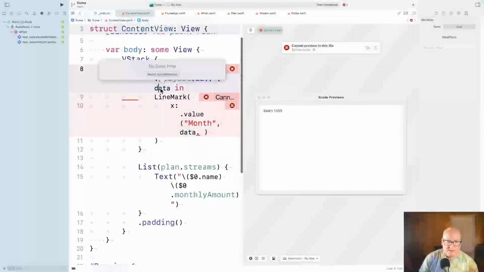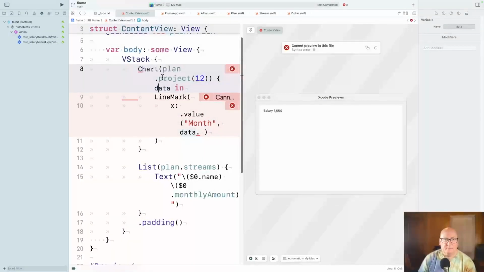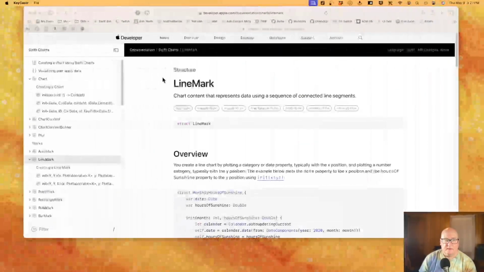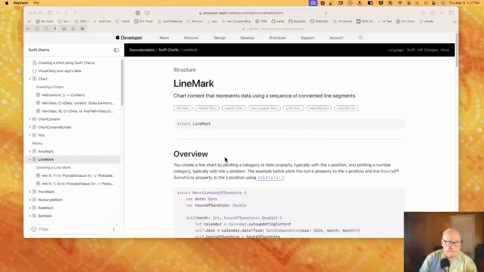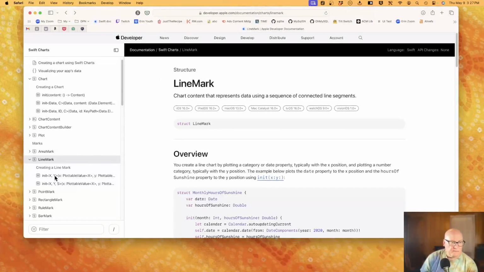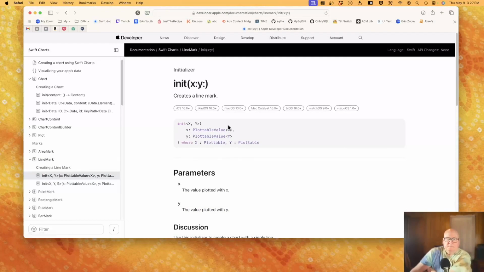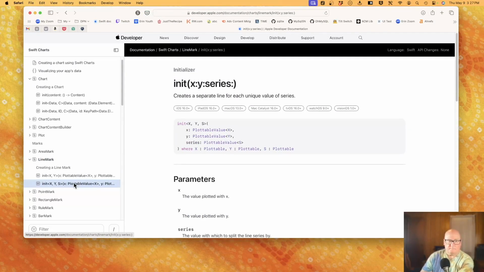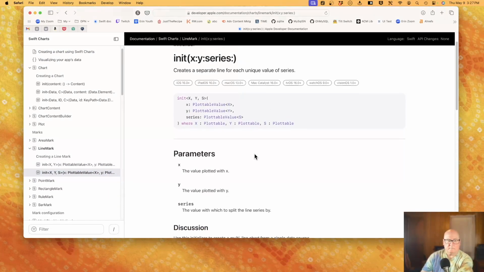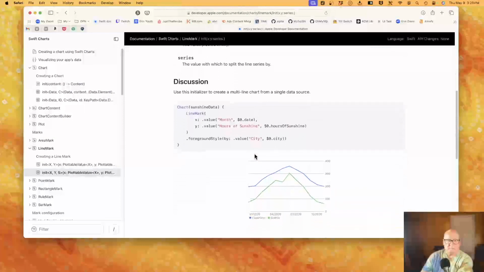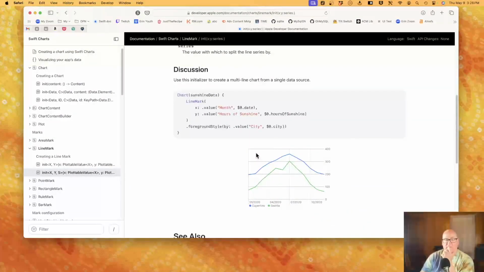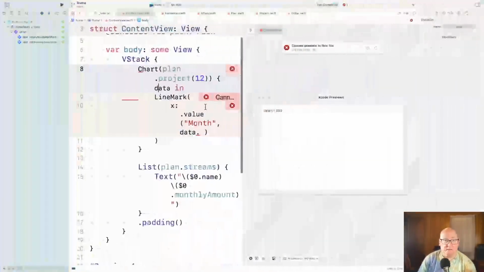I would have thought this thing would have type like our net worth data. $0 dot. Okay.